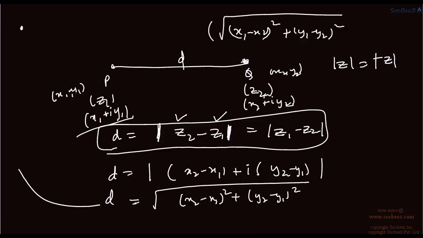So these two are same. So that means it's just like the real system. The difference is that the representation of a complex number and a real system is different, and nothing else is different. Okay, so you can always formulate all these distance formulas. Then we have a section formula, which is given by